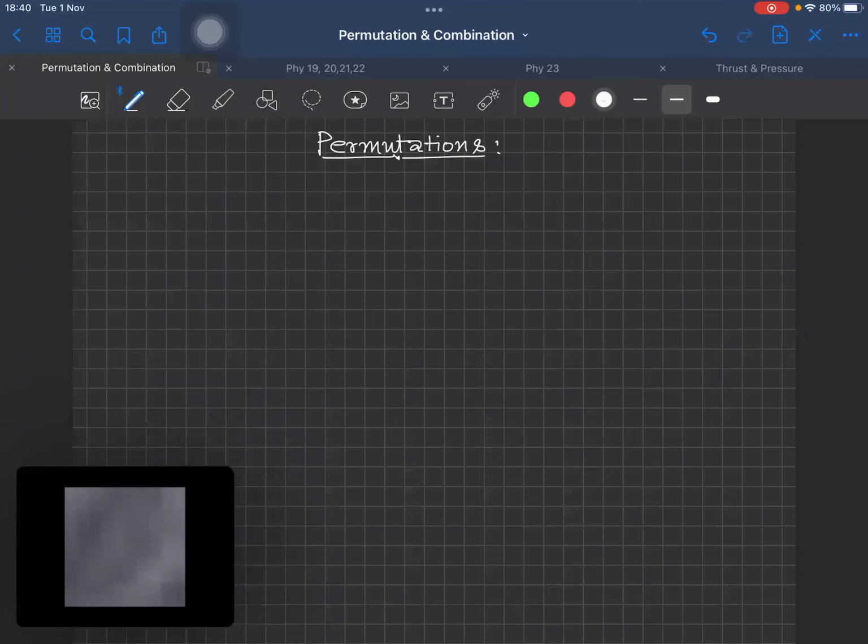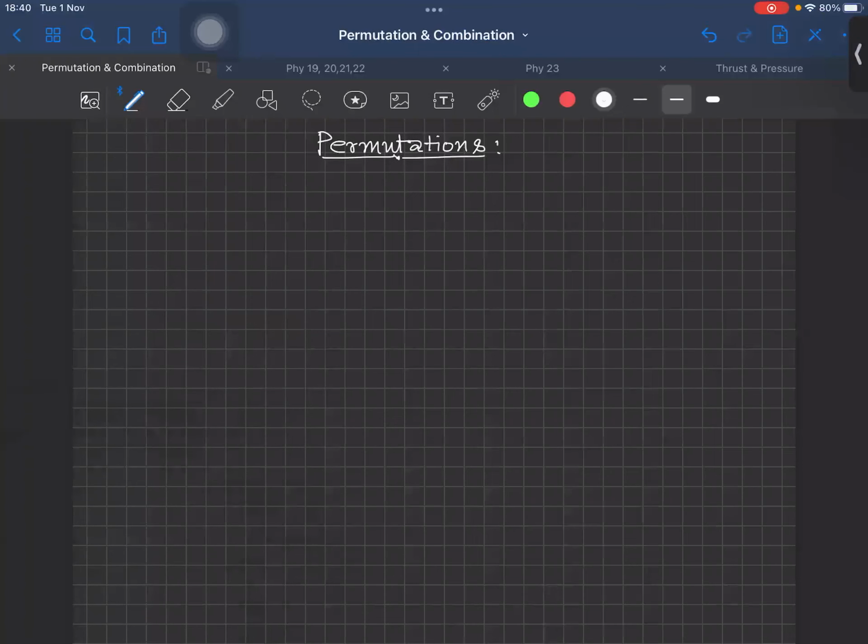So today we'll study permutations. We have already done a few questions based on the fundamental principle of counting. Since most of you were not present, I'm not going to revise it, but I'll just tell you what the fundamental principle of counting means. First is the principle of multiplication. I keep repeating this because it's really important. I'll give you the explanation the way it is explained in the book.